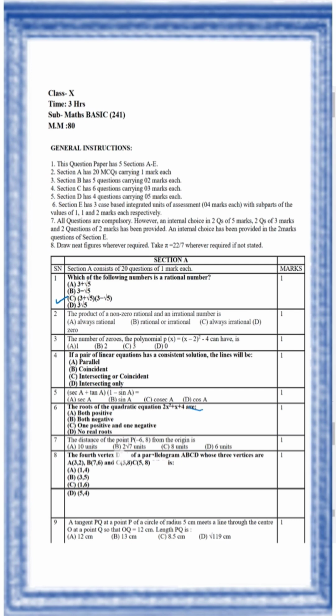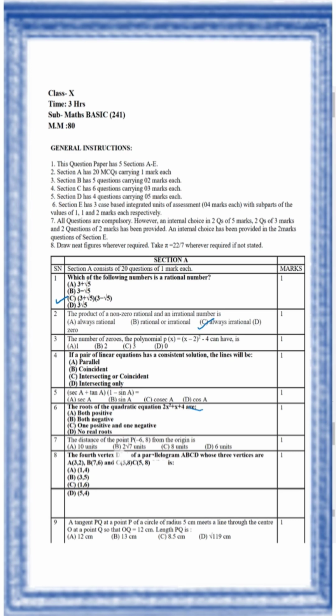The product of a non-zero rational and an irrational number is: option A always rational, option B rational or irrational, C always irrational, option D 0. Option C, always irrational. The number of zeros the polynomial p of x is equal to x minus 2 the whole square minus 4